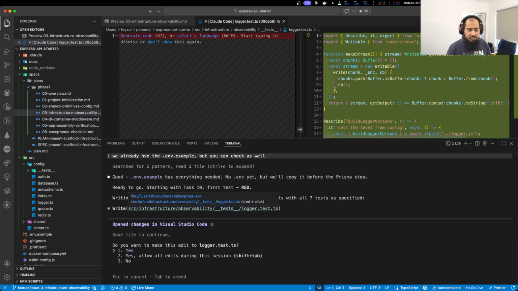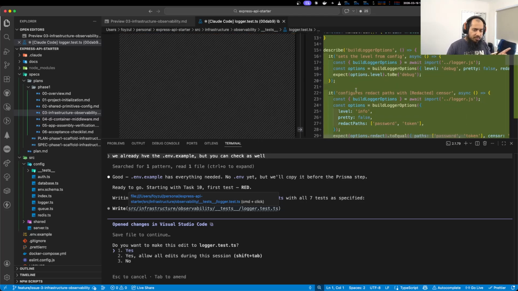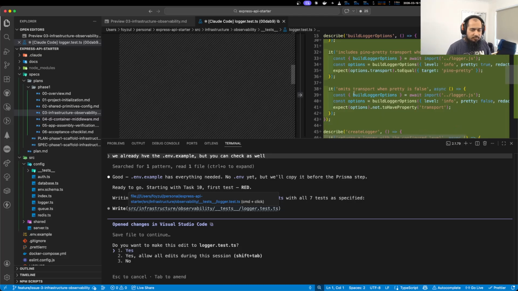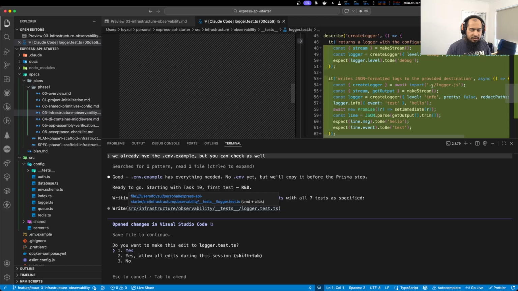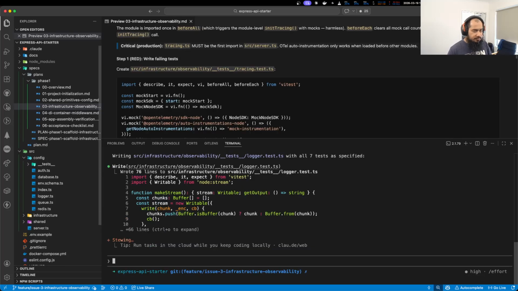If you're not familiar with TDD, it ensures that we first write the test, run the test and make the test fail, and then do the development work to make the test pass. So we're having here create logger, mock stream, then JSON formatted, a lot of things. Yada yada. Let's do yes.